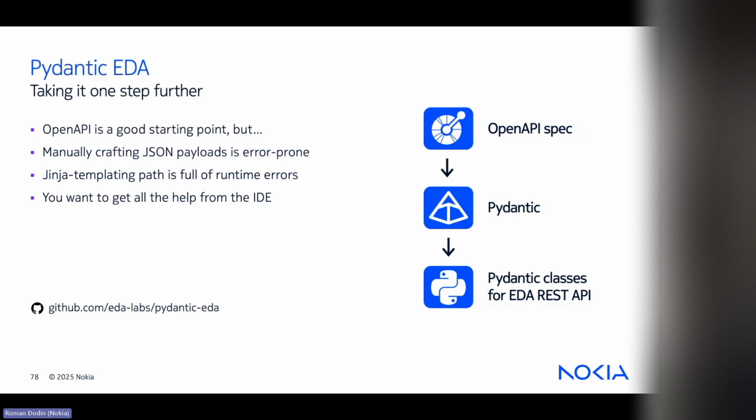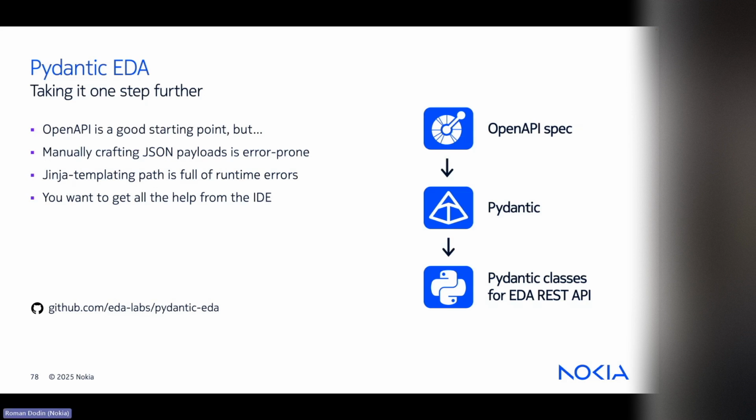That is why projects like Pydantic make it quite compelling for a lot of users, because you can take your OpenAPI spec, use Pydantic to generate Pydantic classes, and then these classes can be used in your Python automation to create objects. And one of the exercises that we have in our hackathon is exactly this. You will get a chance to write some automation using this